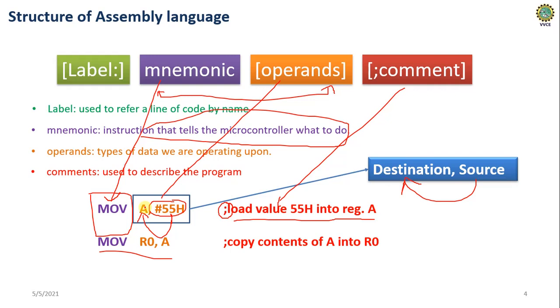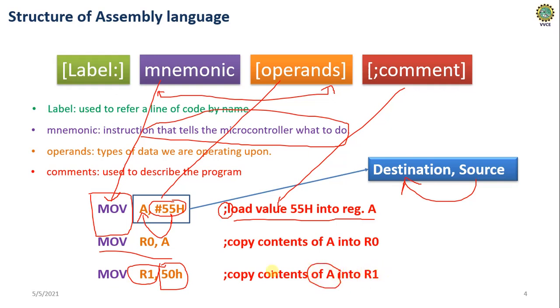Likewise, different addressing types will define how to move the data from source to destination. So those are what we call addressing modes. Fine. So here in this case again, this 50H is the address location. This is stored in the memory. Now I am accessing the memory. This is the register. Now copy the contents of A into R1. Sorry, I have not written this properly. This is wrong. So copy the content of 50H into the register R1.